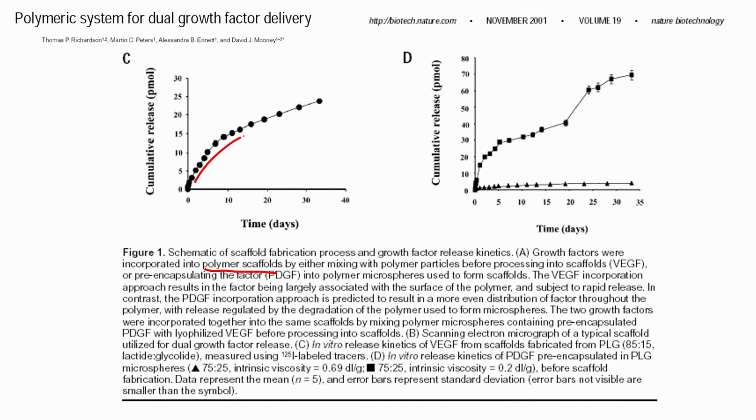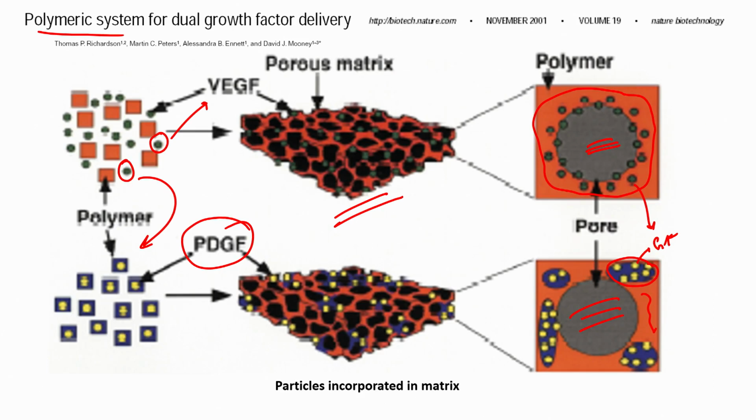So, here you are seeing that as the polymer is degrading or the molecules are diffusing, you get a certain release, whereas in the case D what they have done is they have pre-encapsulated this growth factor into another polymer, right. So, this is the same case as we see here, there is another polymer which is encapsulating these growth factors,